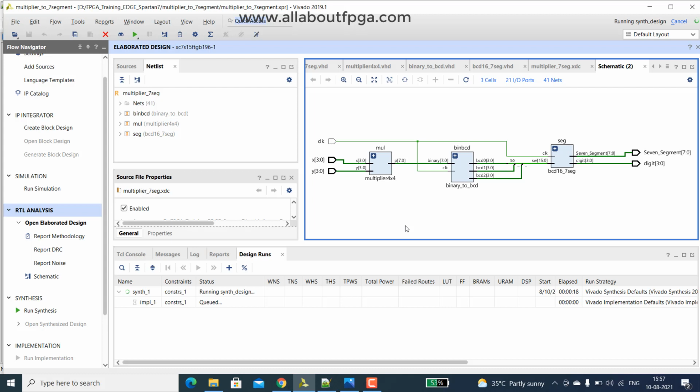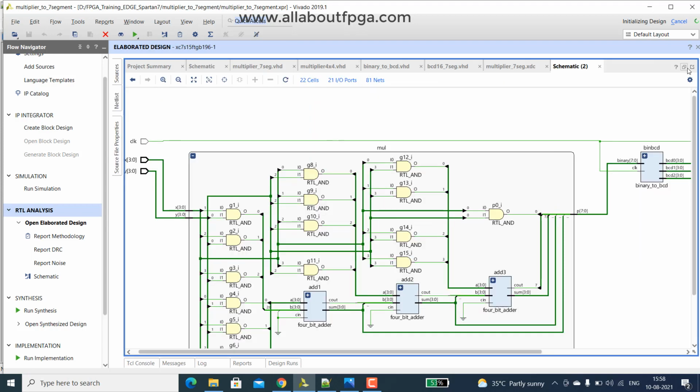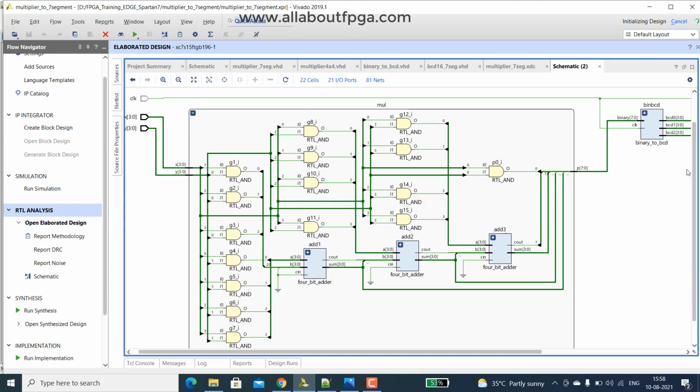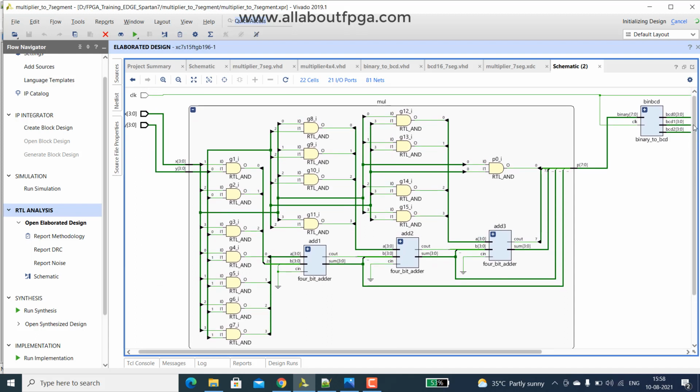So you can see that the schematic consists of three things, that multiplier, binary to BCD, and BCD to 7 segment. If you expand them, you can visually see whatever architecture we have created earlier. So this one is that 4x4 array multiplier, which consists of 4-bit adders along with AND gate logic.